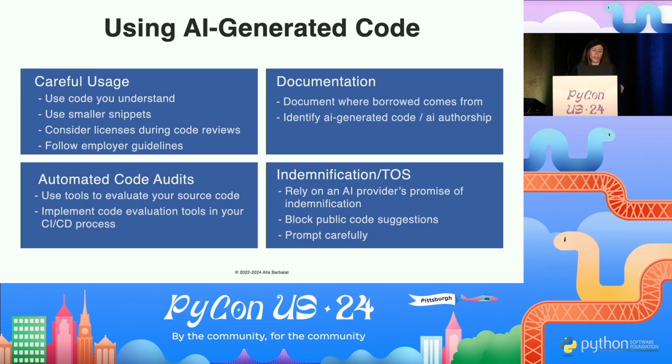Similarly, I think for the GitHub Copilot one specifically, you have to block public code suggestions in order to take advantage of the indemnification clause. But just generally, you might want to block public code suggestions to ensure that you aren't mistakenly incorporating open source licensed code that is either not attributed properly or not considered in terms of copyleft.